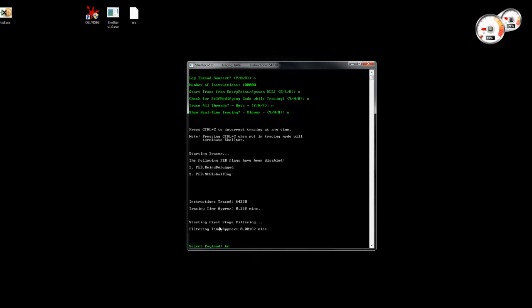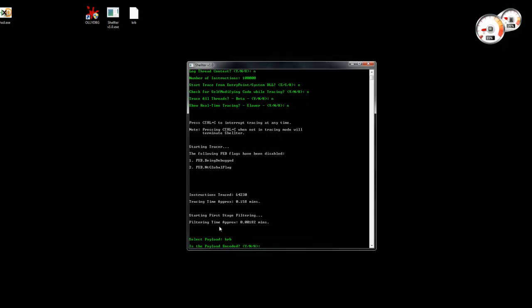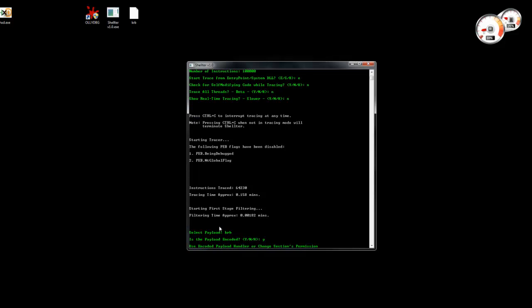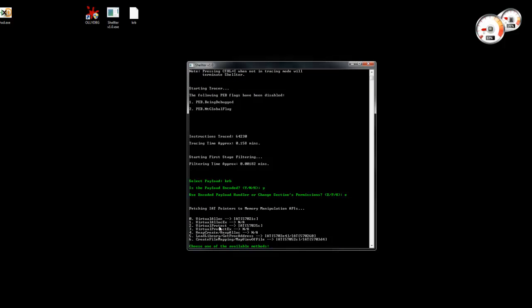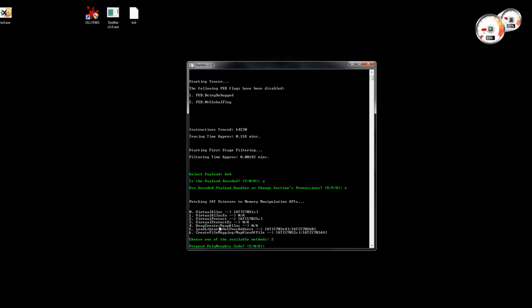So I'm going to select the payload. In this case it is encoded from Metasploit, and it just launches calculator. It is encoded. So let's use a handler that supports